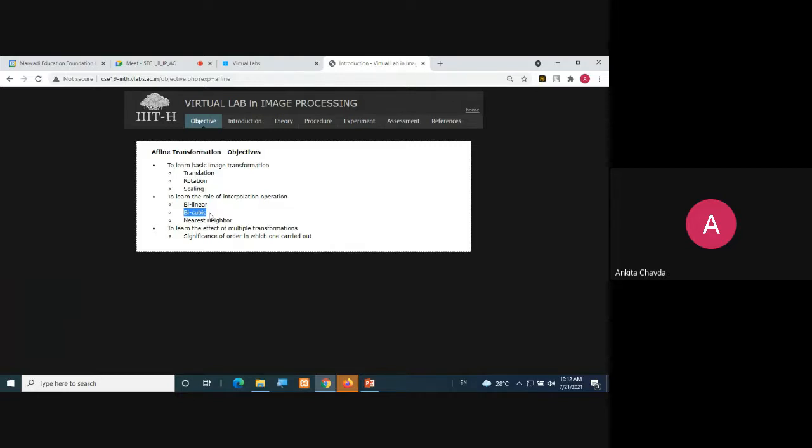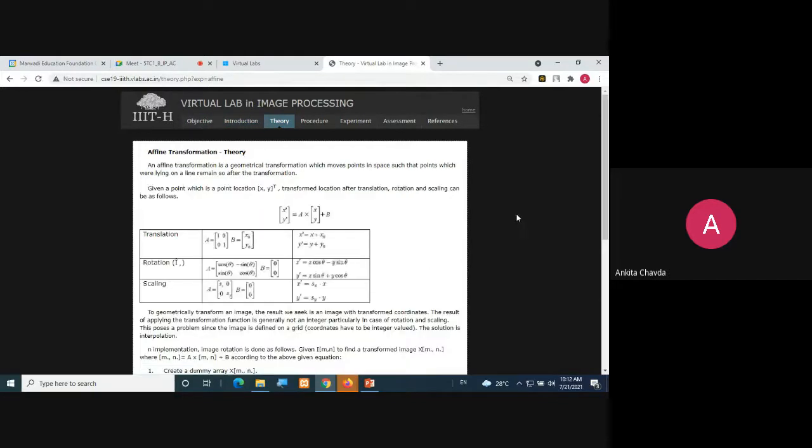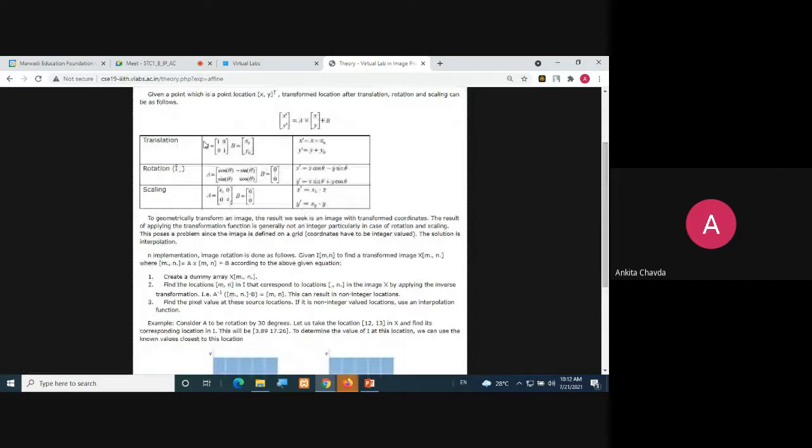That is your task. Name itself says, but still. To learn the effect of multiple transformations, you can check this introduction, this theory. See, here they have given the formula for translation, rotation and scaling.